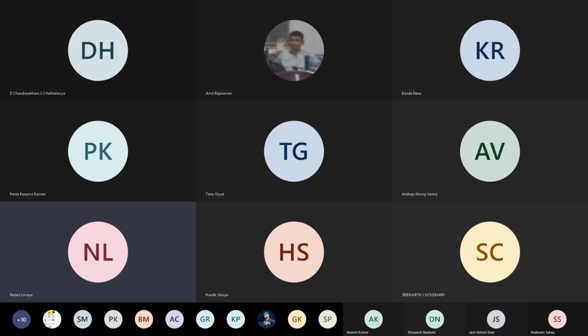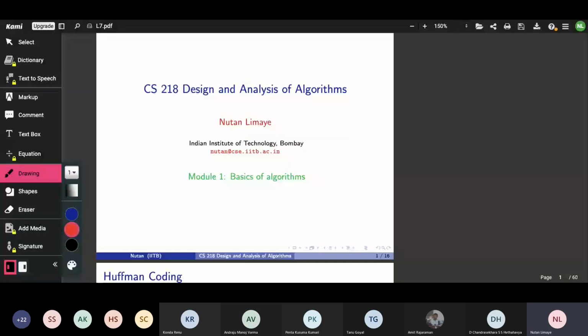Strategies for Huffman coding, which did not quite work out. In the previous session, we saw a couple of greedy strategies for Huffman coding. Those strategies did not quite work out. They did not give optimal encoding. One of the strategies was to arrange the frequencies in ascending order and start giving increasing length prefix-free codes to each one of them.